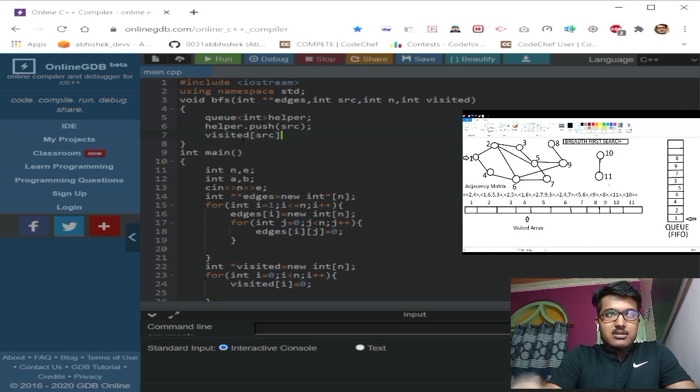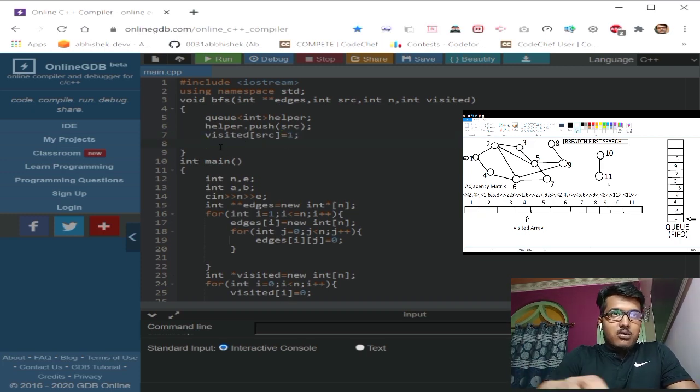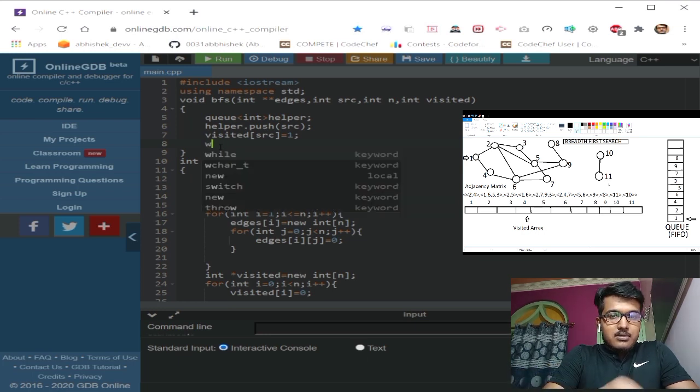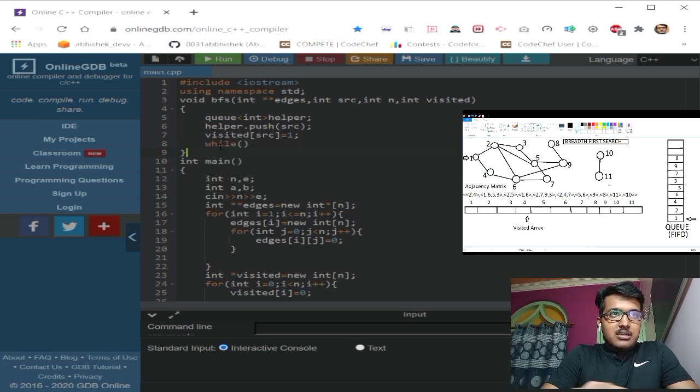So next time if we encounter the first node, I'll not do any operation on that node because it is already visited. Why do we require that path again and again? Now we will perform this operation until the queue is empty.